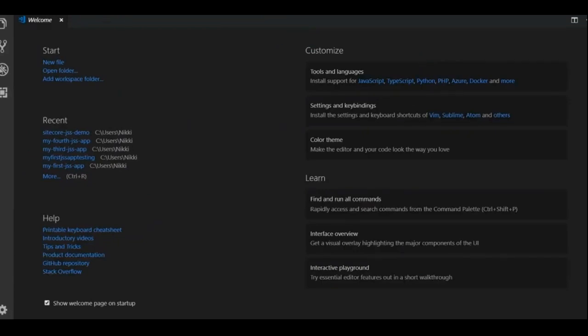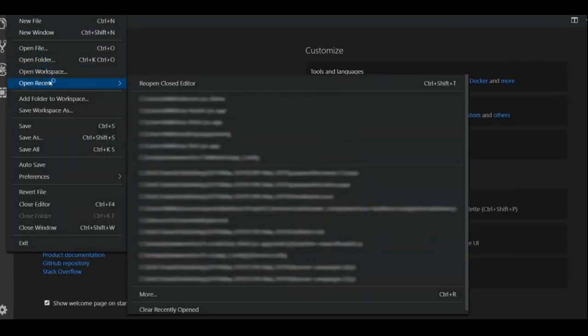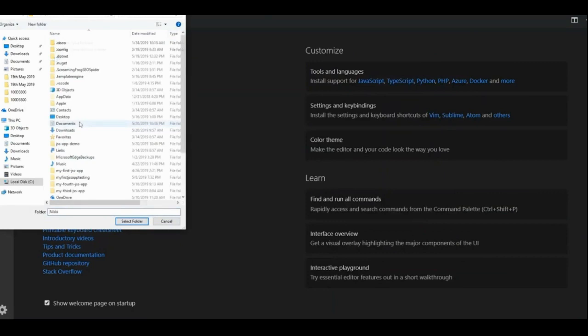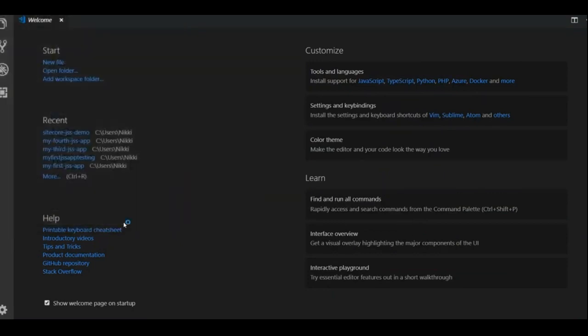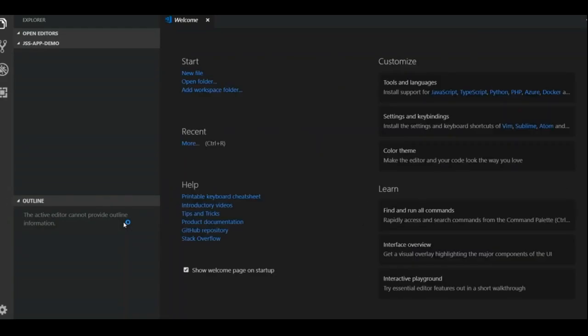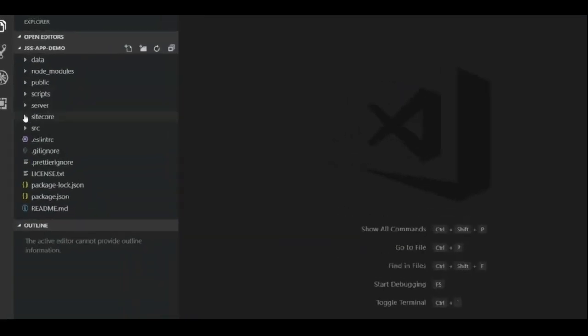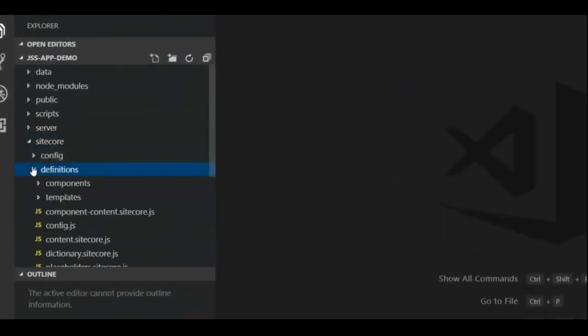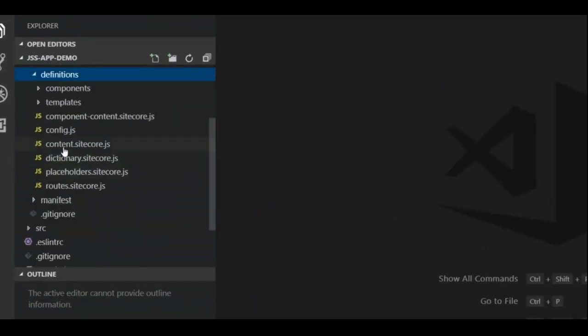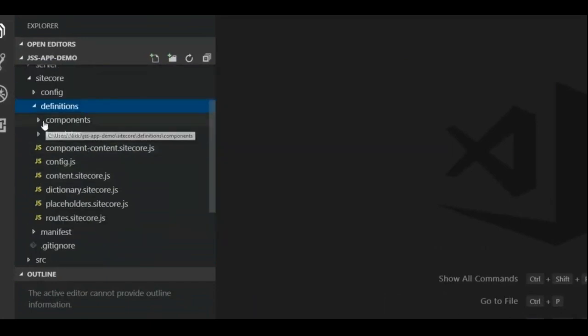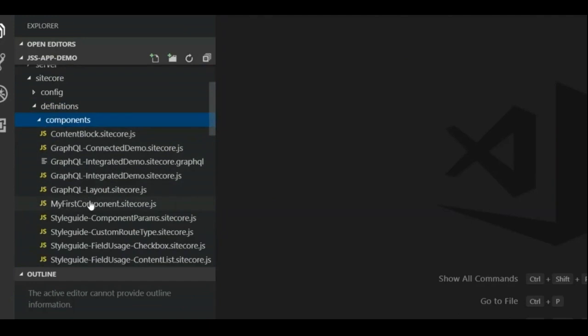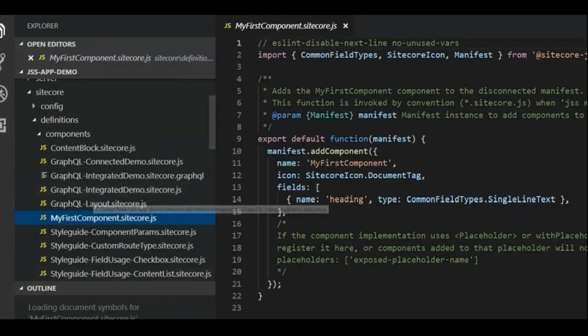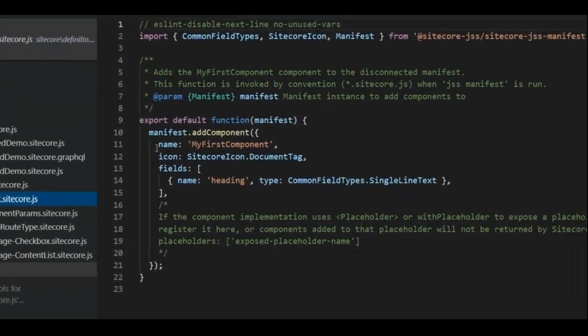I'm editing in Visual Studio here. I'm navigating to the path, selected the app demo, and it's being loaded. It's loaded now. Inside the code definition, you will see our component definition, that is my first component. It has all the template details.